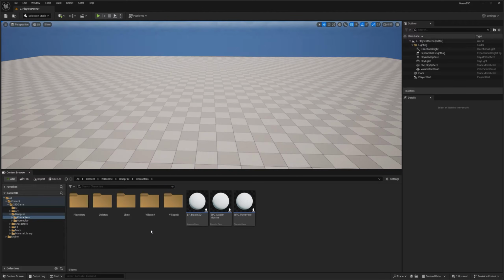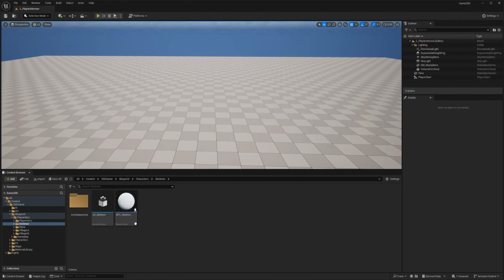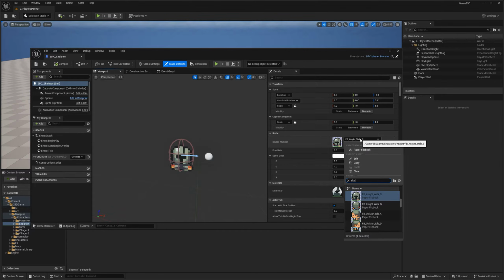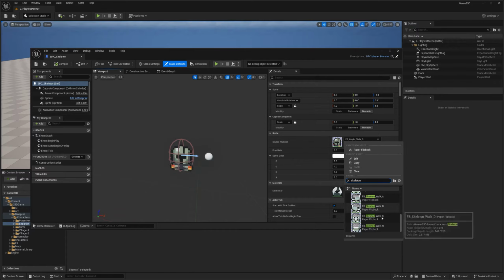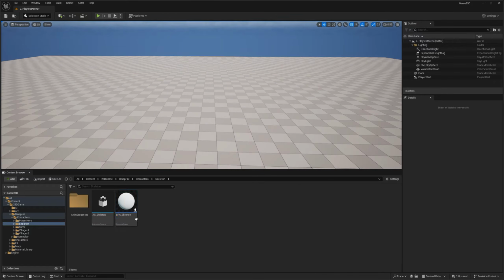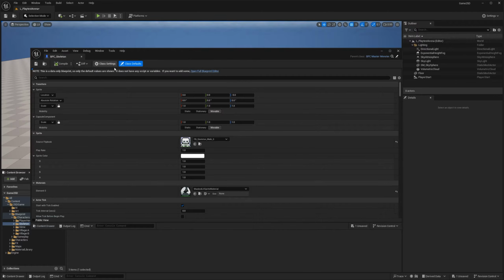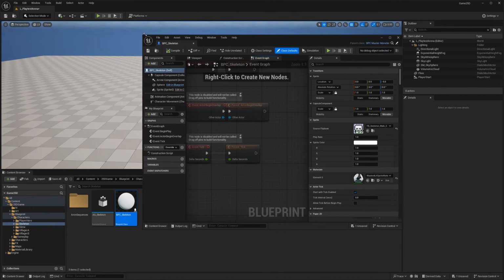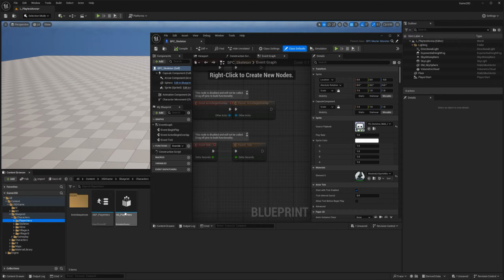So let's click into skeleton, BPC skeleton. And the only thing that we need to do here for now, this is just a placeholder by the way, but just make sure that we have something here. Put skeleton, compile, save, that's good enough. We can close that. With that done, I'm actually gonna leave this open to be honest with you, because we're gonna have to touch on it again. But I'm gonna also go to my player hero in my animation blueprint.